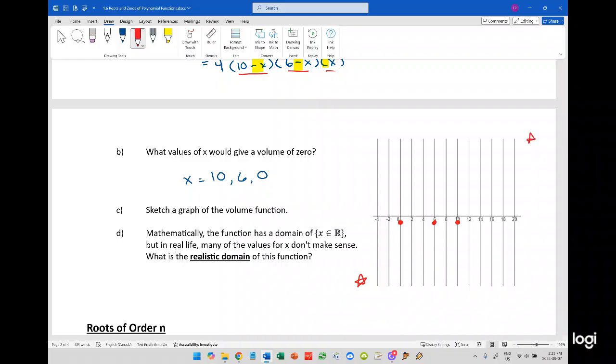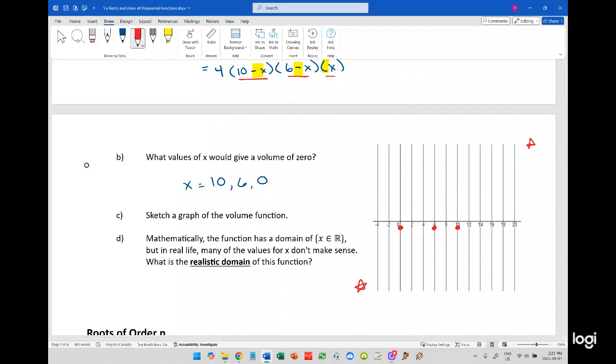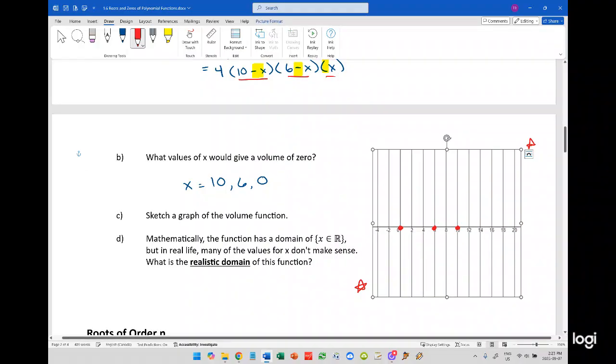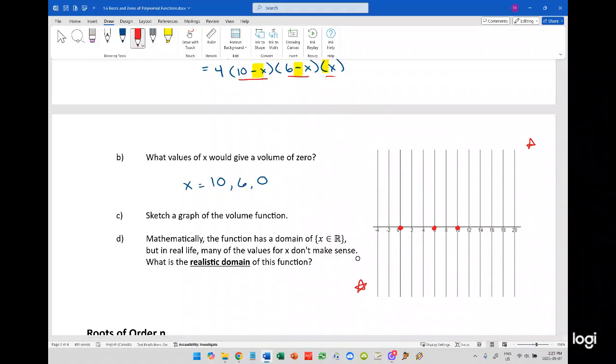So our graph, somehow my picture, there we go. Picture moved a little bit. Means we're going to basically start down here, go up here a little bit, down, and up again. So our graph's going to look something like that. There's our cubic positive leading coefficient, and it's trying to tell us what the volume is at different values of